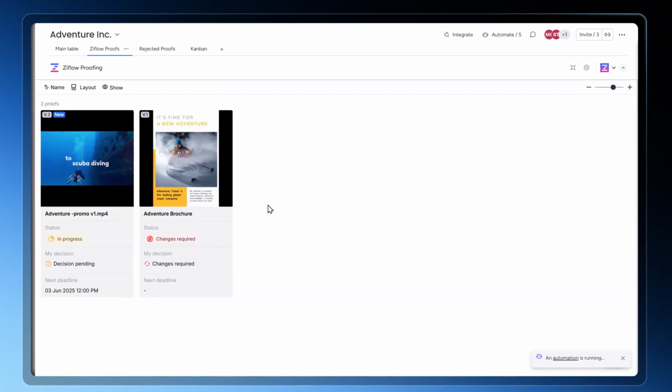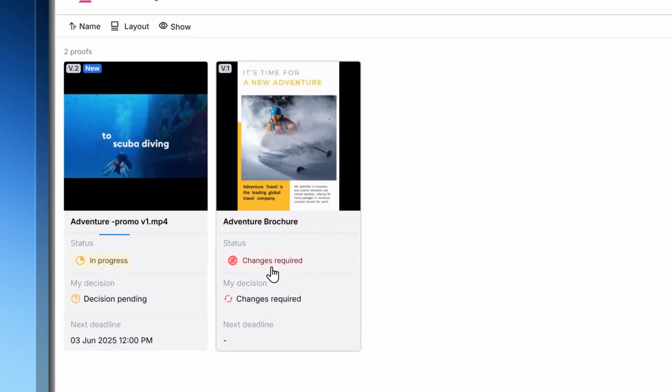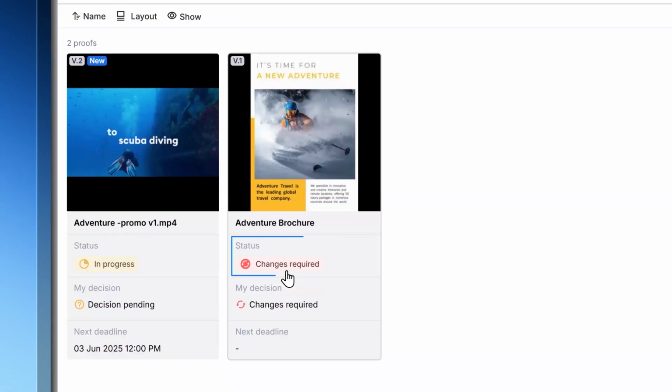Ziflow's Proof Gallery view is a really informative space. Not only can I see my individual status change to the decision that I made on the proof, I can also see the overall proof status, which might not change the moment I make a decision, since it may hinge on the actions of other reviewers. Plus, these indicators give me a quick look at which other proofs I still need to make a decision on. I can block off time to review all the proofs that need my attention, and I never need to leave